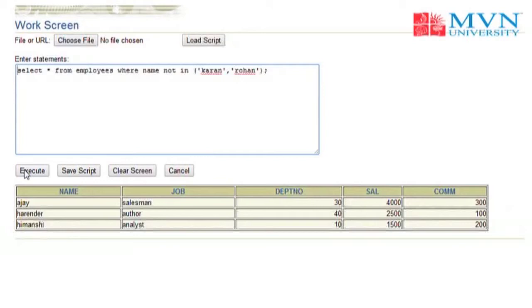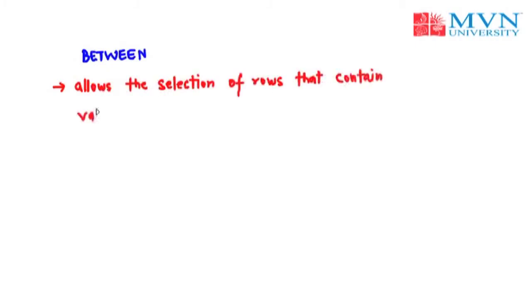Let us discuss the next operator, that is BETWEEN. The BETWEEN operator allows the selection of rows that contain values within a specified lower and upper limit.